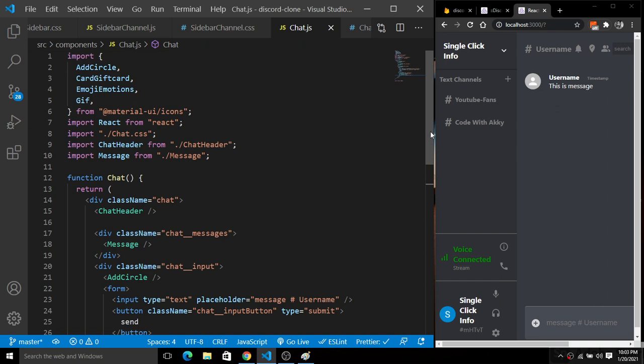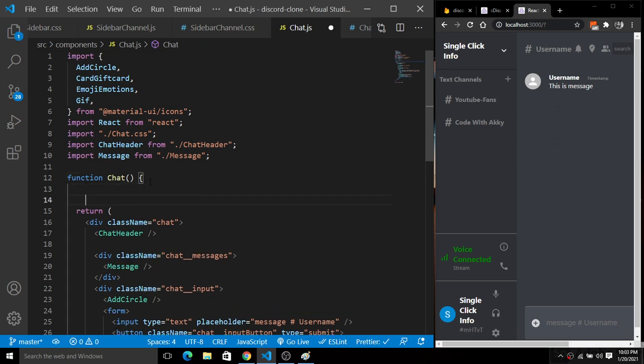Let's go here inside of this chat. I'm going to simply create a channel ID object and use the useSelector, and simply import it from React Redux.